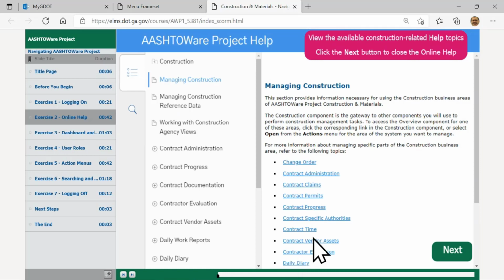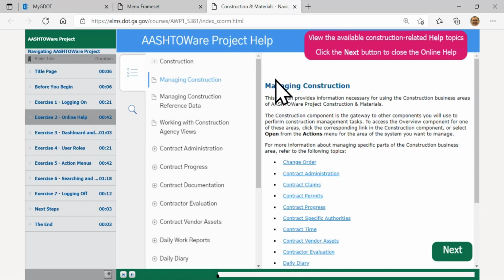You'll see the managing construction and also other links on here to working with it. So you can dig down and read through all the information, whether you work through it piece by piece, using the table of contents to read it like a virtual book, or if you want to find just specific items, use the search fields to find out exactly what you're looking for, or at least pretty close.